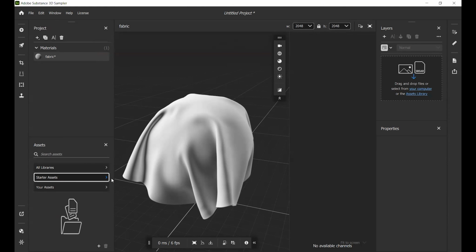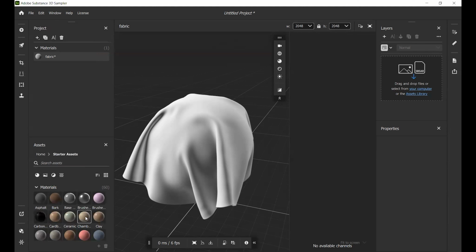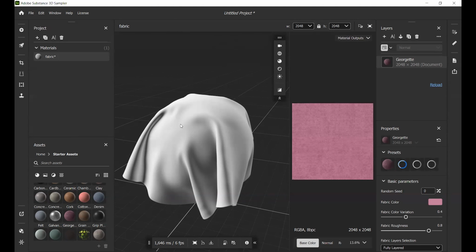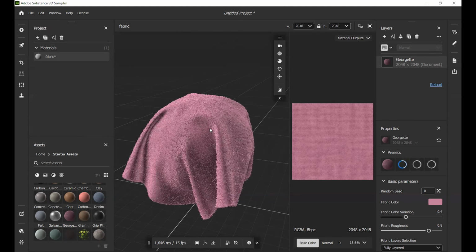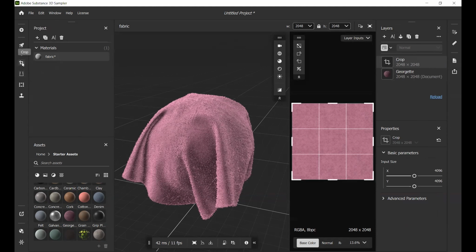Here I can go for starter material, and let me bring this material. Now I can use the crop tool. Can you see in the layer panel we have a new layer. Now we can go for crop. You can hit this and now you can use this crop tool.